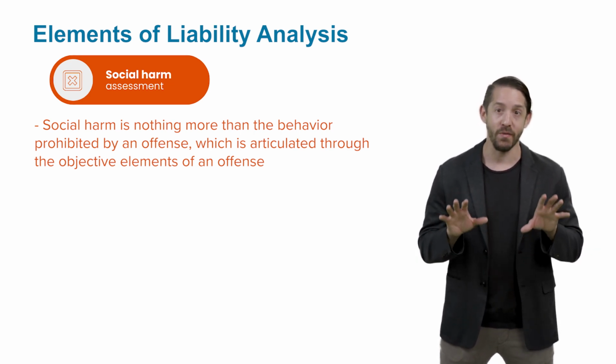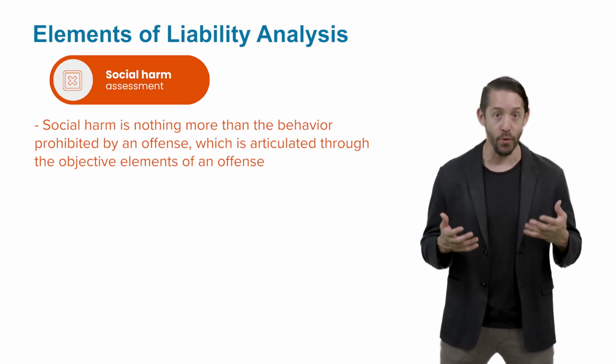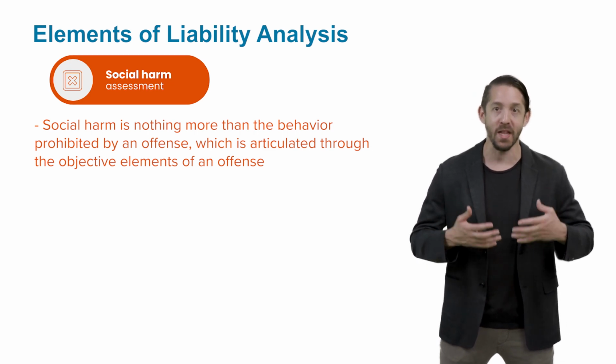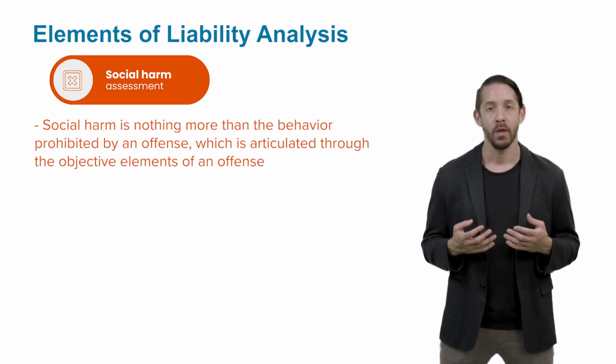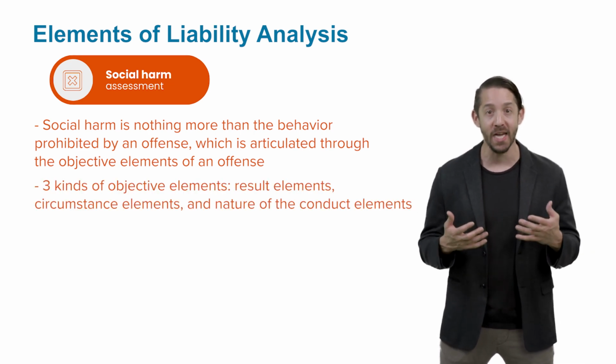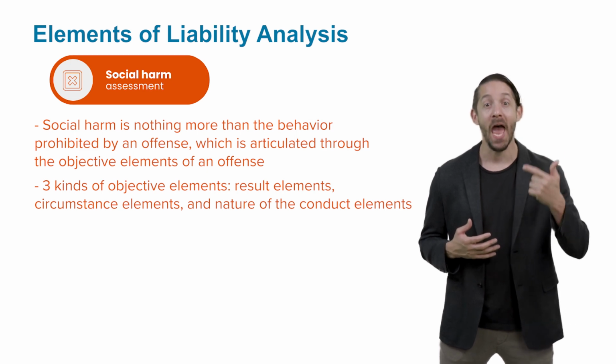The objective elements of an offense supply the rule of conduct. That is, they describe what you're not supposed to do, or on occasion, what you have to do. And they're also basically what's left after you subtract out any mens rea terminology. So in this class, we've studied 3 kinds of objective elements: result elements, circumstance elements, and nature of the conduct